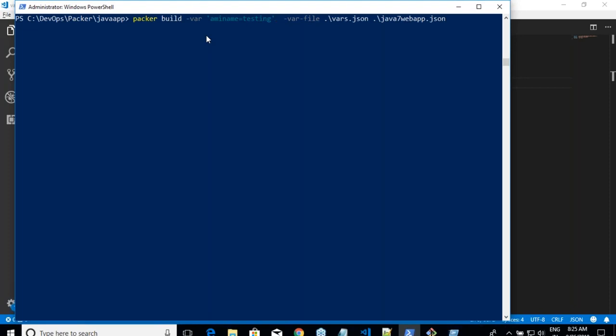Fine. So this is how you pass all of your variables from one file. Remember, secret key and access key should never be part of your vars file, because you are telling your username and password to others. Which is not a good sign. Probably you might be seeing people discussing DevSecOps, and this is a very insecure approach. You should not try this kind of approach.